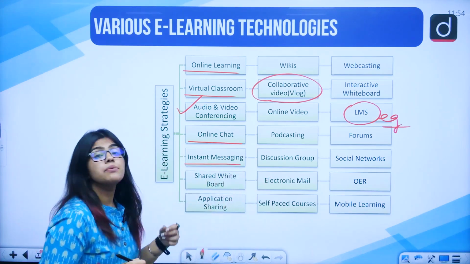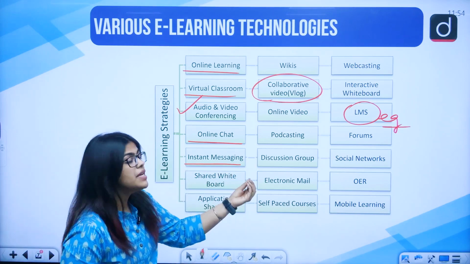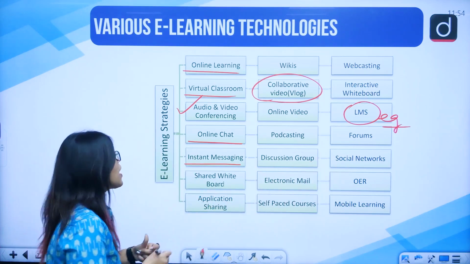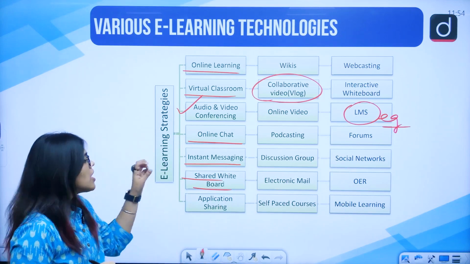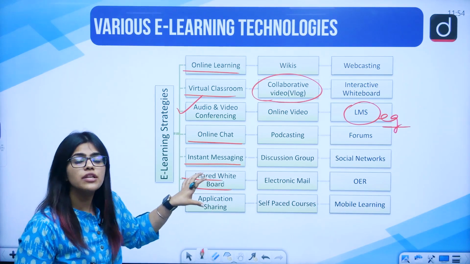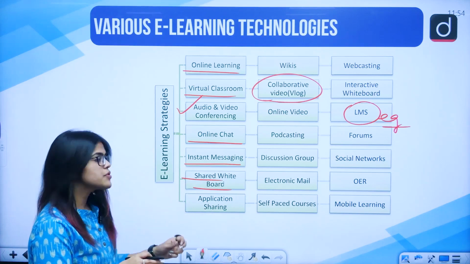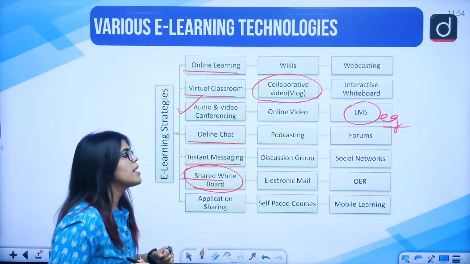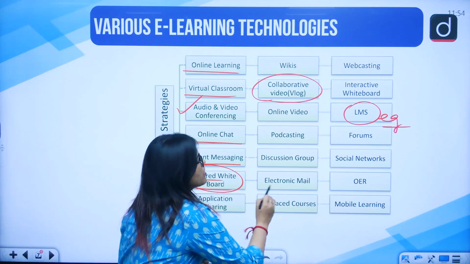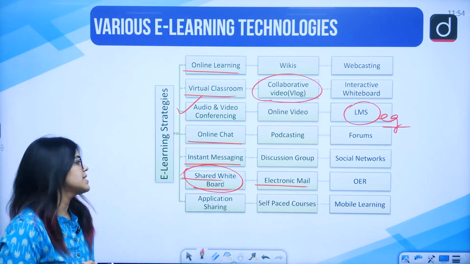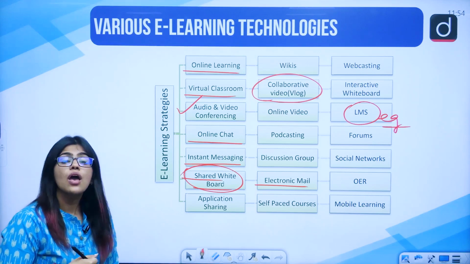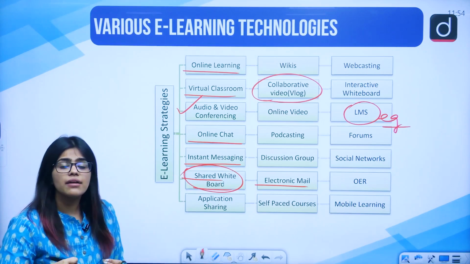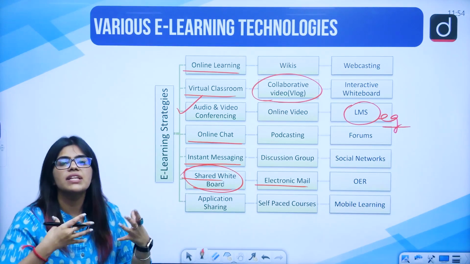Then there can be instant messaging. Instant messaging can be done through discussion groups that can be created using social networks. Then there can be whiteboard share. Shared whiteboard is one feature that you also found in your Zoom meeting. During the Zoom sessions also, the teacher used to share the screens. All of it is nothing but a shared whiteboard. And you can send it through electronic mails, and OER are good examples of these kinds of resources where you can interact with one another. Shared whiteboards can be there. All the students can come up together and collaboratively they can study.